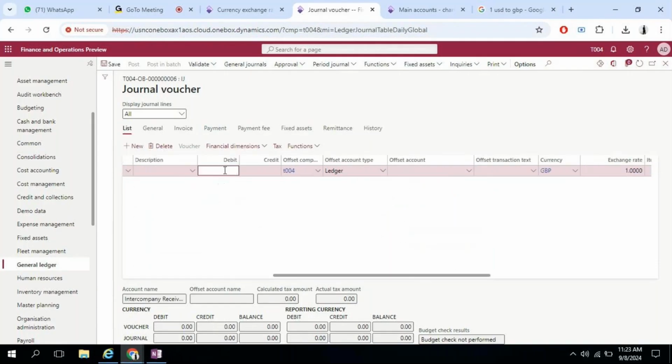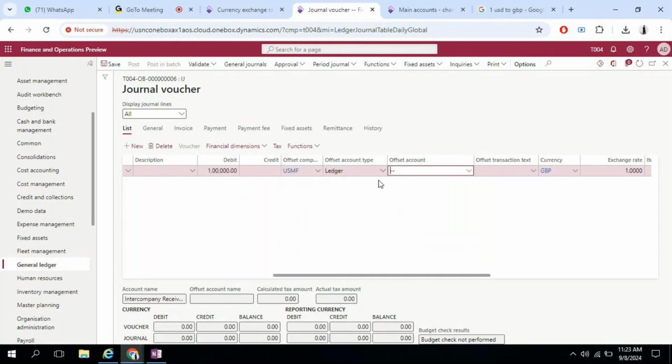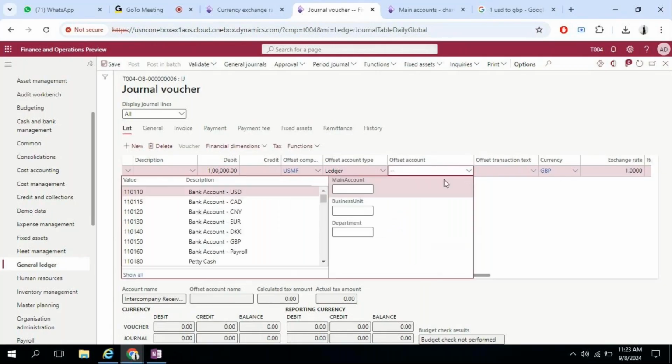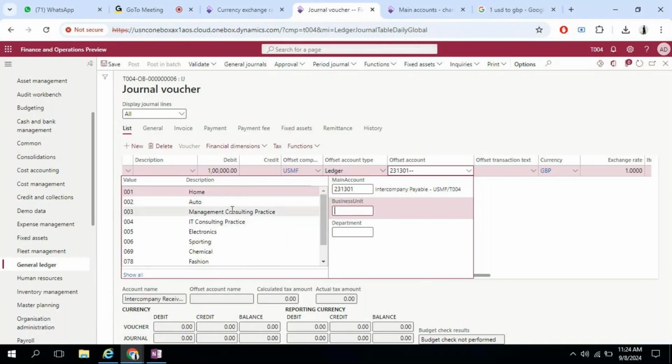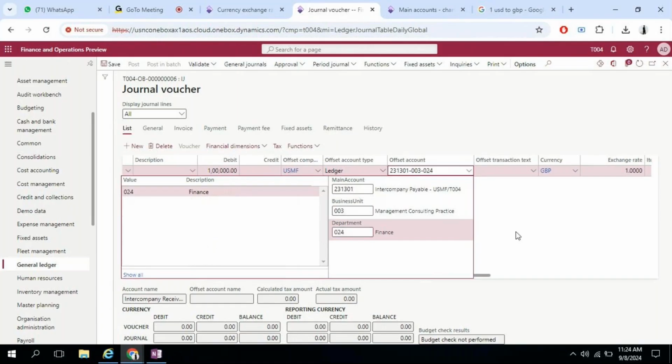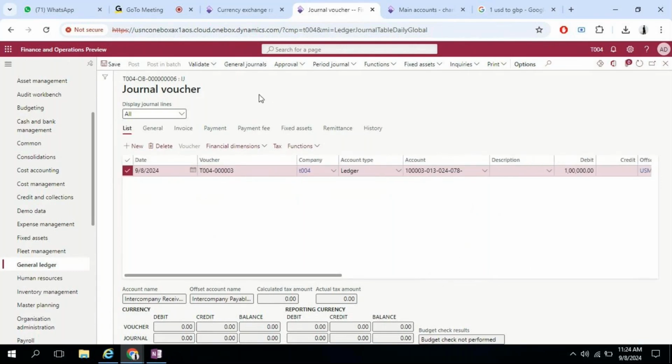Debit 1 lakh rupees, and the offset entity will be USMF. Inside USMF, the ledger will be intercompany payables. T004 business unit: from which business unit are they giving? They are giving from management consulting. Department is finance, and who is responsible for this transaction. Now they want the currency to be, let me keep it GBP first and see if it still gives me an error or not. Okay, so I will report as ready,